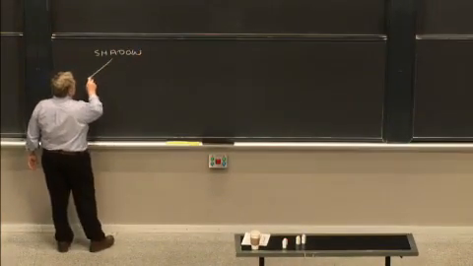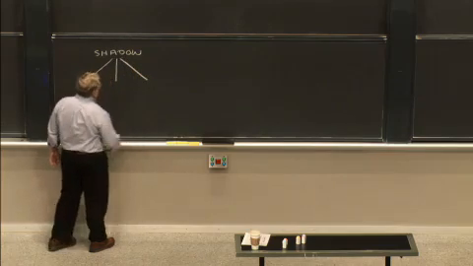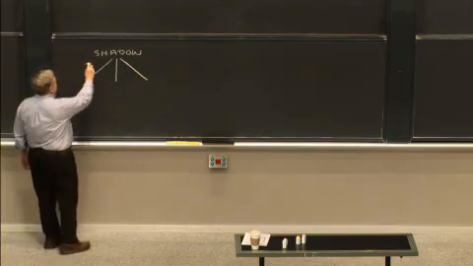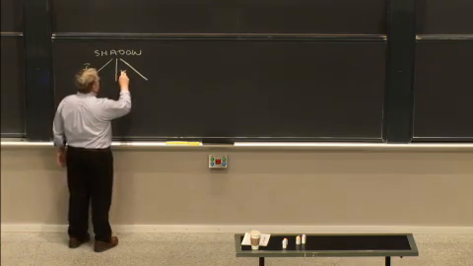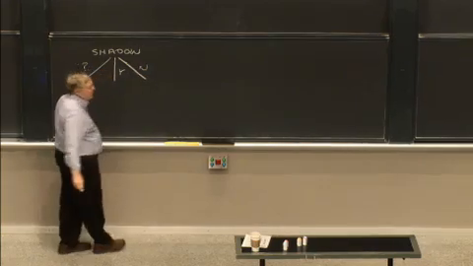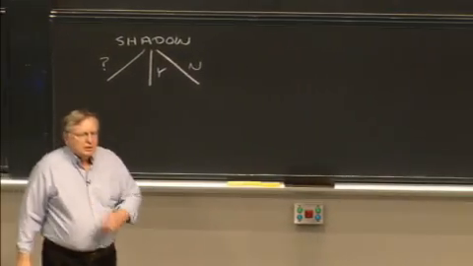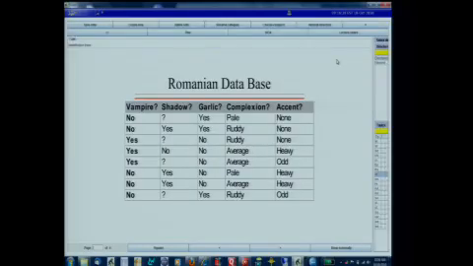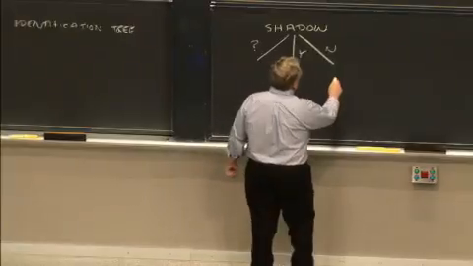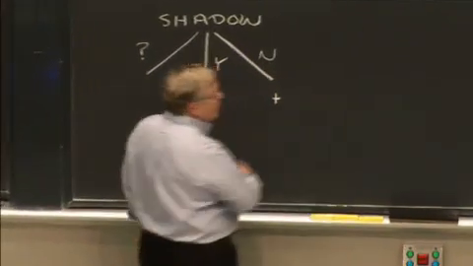Well, the shadow test divides the sample population into 3 groups. There's the I don't know group of people who are nocturnal. There are the people who do cast the shadow, the yes people, and the people who do not cast a shadow, the no people. So if I look at those rows up there and see which ones are vampires, it looks to me that if there's no shadow cast, there's only one that doesn't cast a shadow, and that is a vampire. So that's a plus over there, vampire.